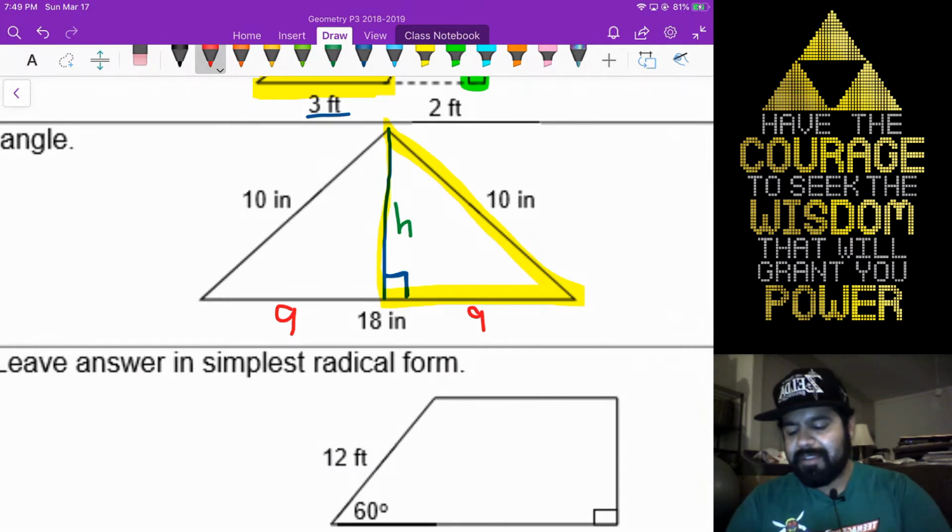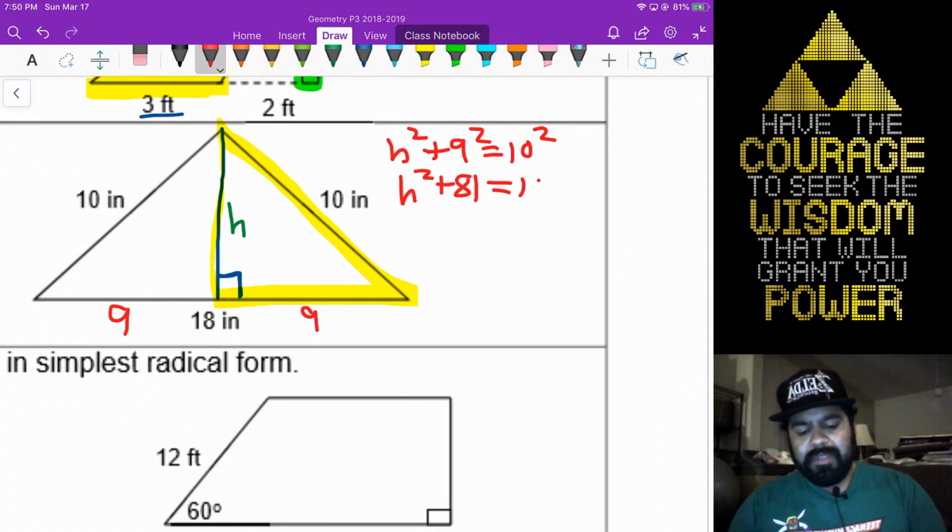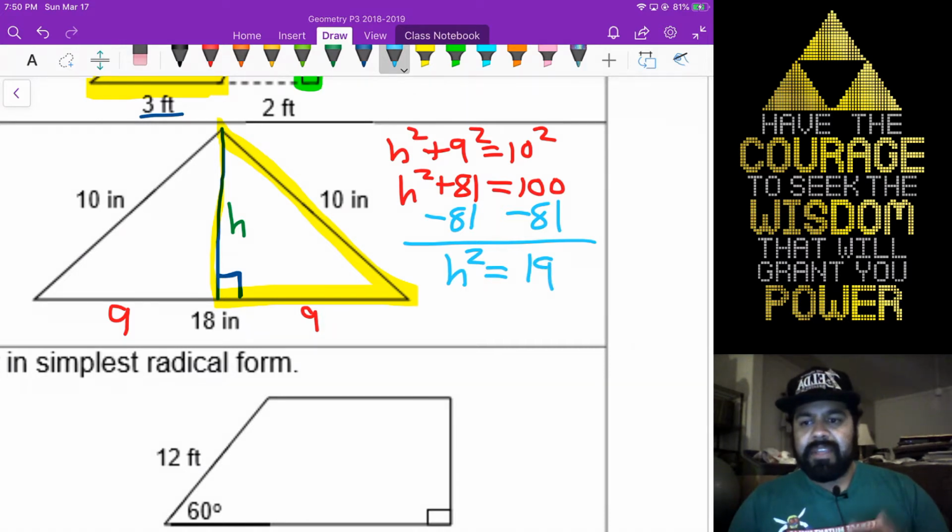Alright, so our Pythagorean theorem here for the height, we're going to say h squared plus 9 squared equals 10 squared. So simple calculations, just h squared plus 81 equals 100. I'm going to take away the 81. And what you're going to notice here is you're going to have h squared equal to 19. And when you take the square root of both sides, you'll see, wait a second, it doesn't reduce. Don't plug this in your calculator, okay? Because we're going to want our answers in our exact form.